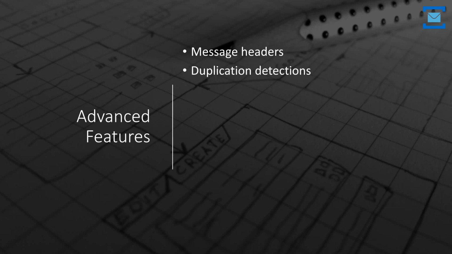Duplicate detection. If we go back to the example of the online e-commerce system, there's potentially a chance that someone has submitted the same purchase order more than once. So the same message will be arriving identical, and we want to be able to drop the duplicates. Service Bus, for example, allows message deduplication. The caveat, though, is that deduplication is performed based on the message ID, not on the payload. So the possible workaround is to create a hash from the payload and assign it as a message ID to ensure that identical messages are deduplicated. So that's another advanced feature.